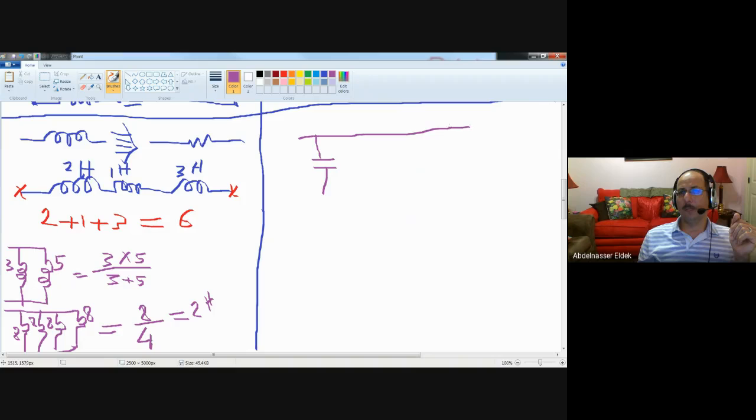2, they are all parallel here. 3. You have 3 capacitors in parallel. And this one is, for example, 10. This one is 2. This one is 5 farad. Then what is the total capacitance? You just add 10 plus 2 plus 5, which is 17